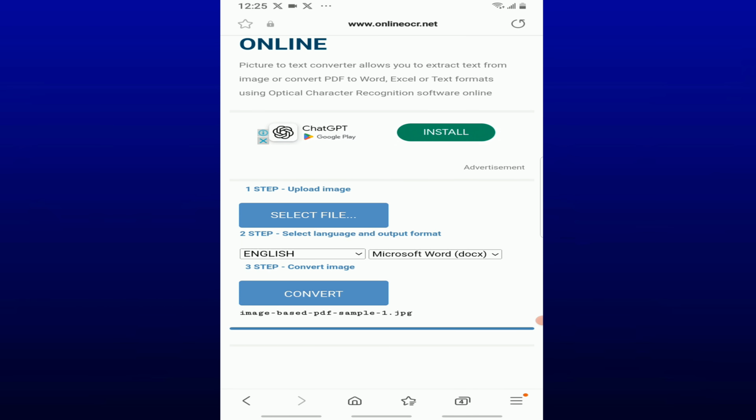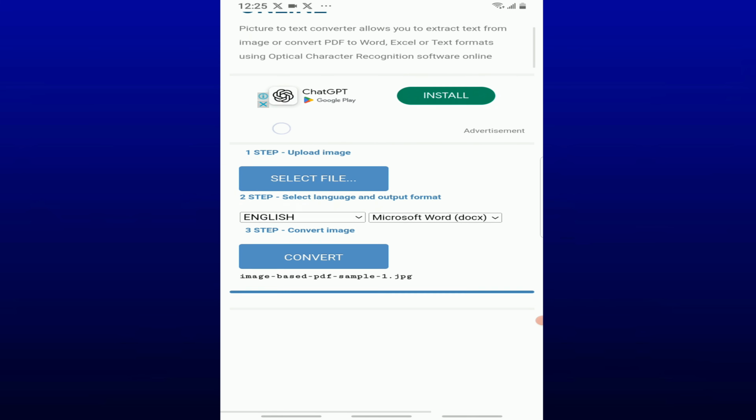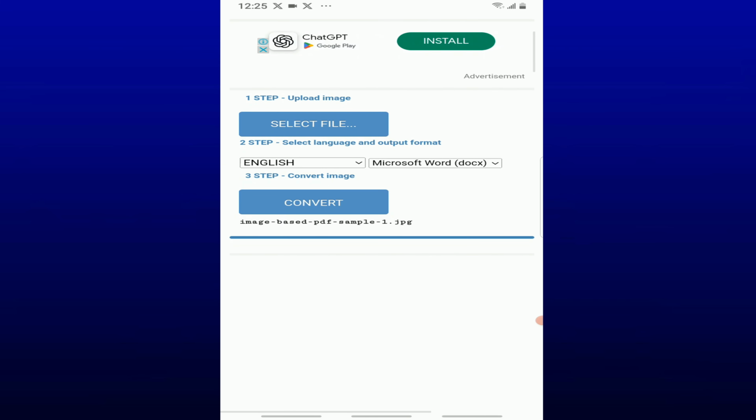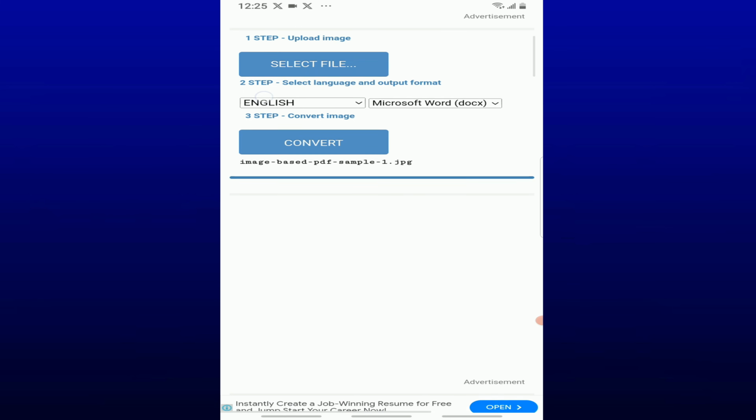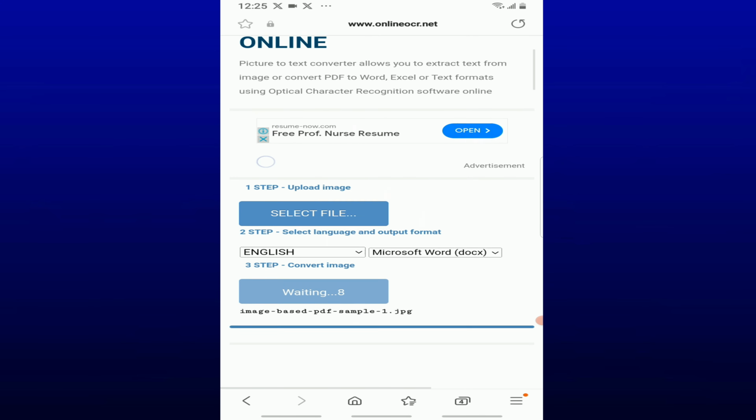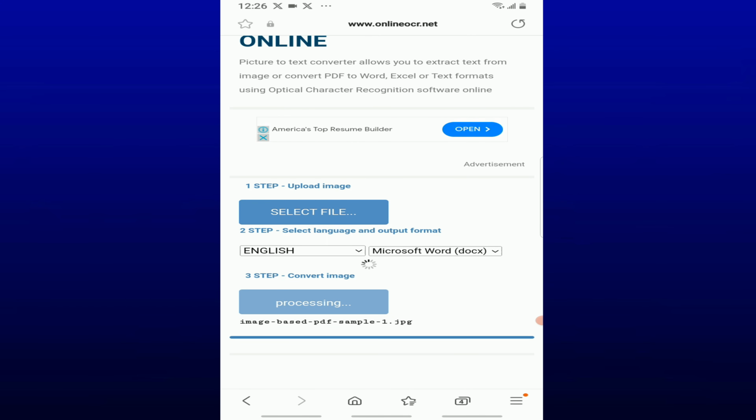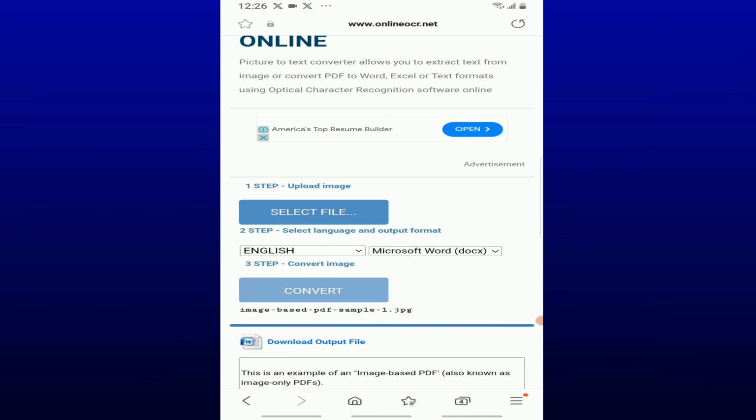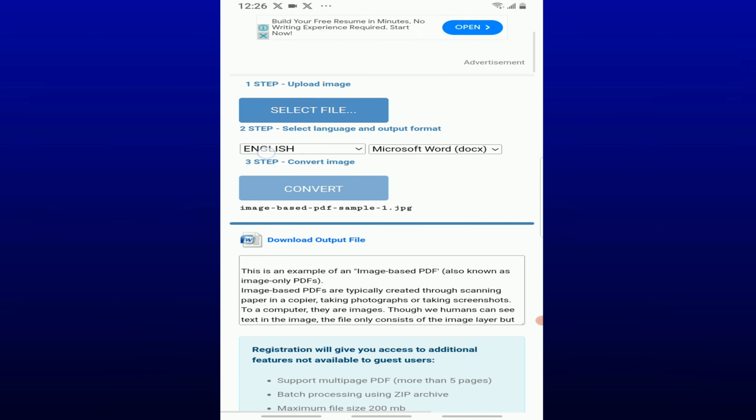So after you've uploaded the file, select convert. Tap on the convert button. So kindly wait. Yeah, so after that is done,